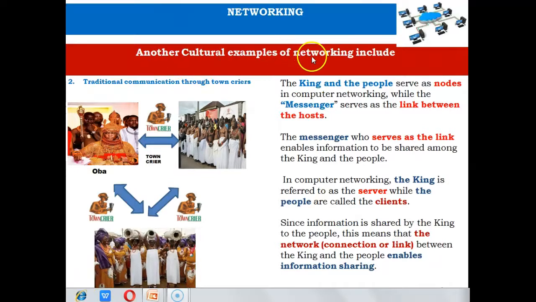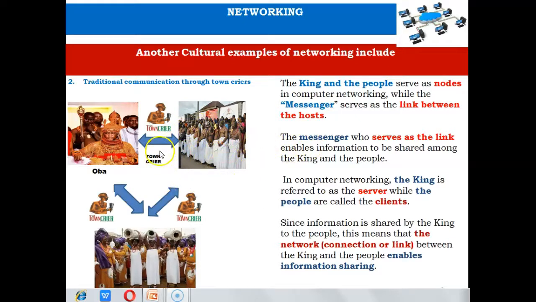Another cultural example of networking is the traditional communication through the town criers. In this system, the Oba shares or passes information to the chiefs through the town crier, while the chiefs can also pass information to the people through the town crier, and the people can also send their views to the Oba through the town crier. In this network, the king and the people are the nodes in computer networking, while the